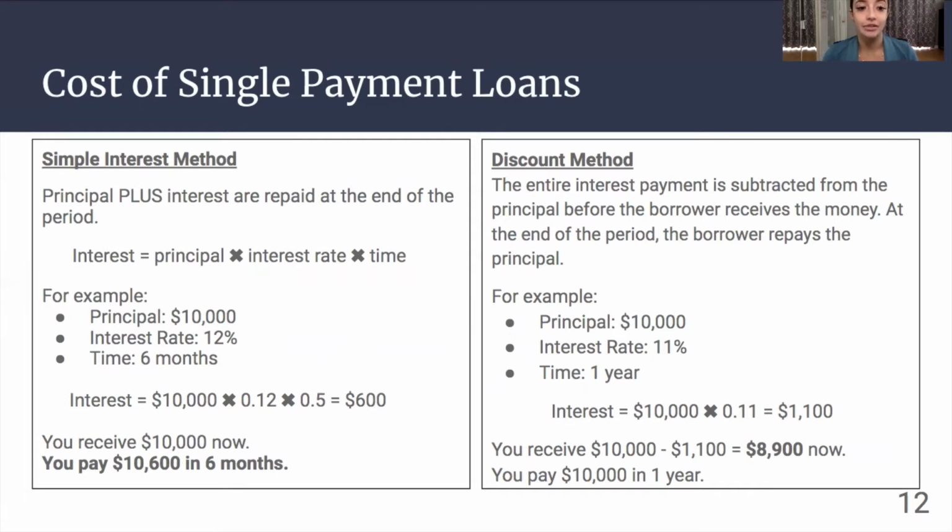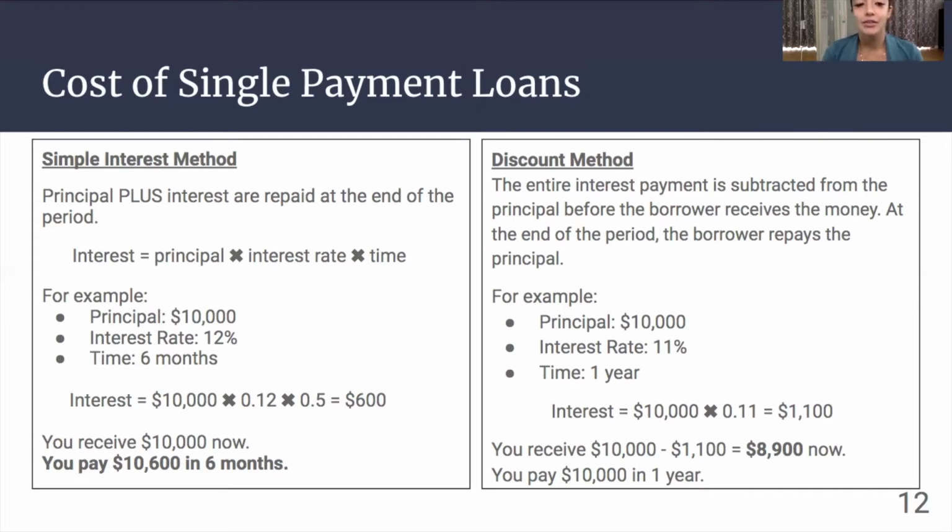And interest is calculated as the principal times the interest rate times the amount of time the loan is going to be outstanding. So in this example, the principal is $10,000, your interest rate is 12%, and the time is 6 months, meaning 1/2 of the year. So when you see how the interest is calculated, it is $10,000 times your 12% interest rate times 0.5, because you're only going to have that loan for half of a year. And that comes out to $600 in